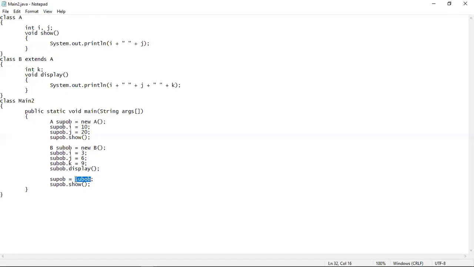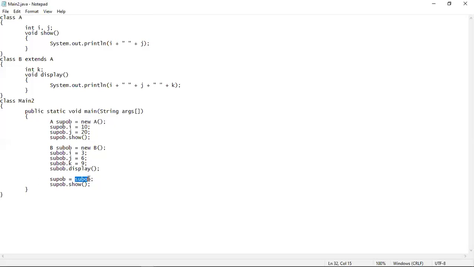That means sub ob is the object being referred to, the subclass object, because this is a subclass reference variable. So sub ob is referring to the subclass object, and what we are doing is taking a superclass reference variable sup ob in order to hold this subclass object.